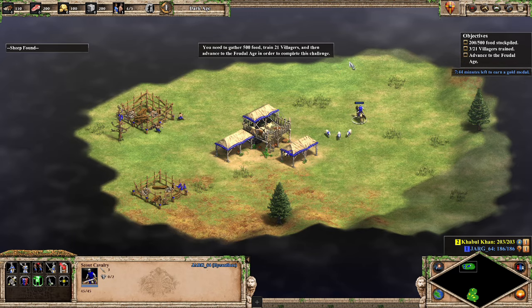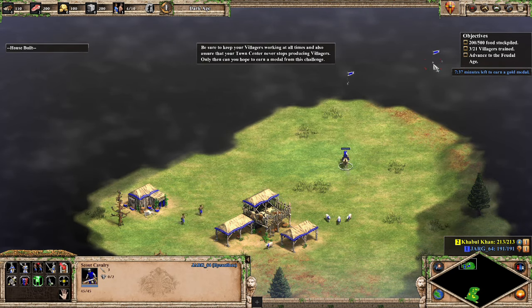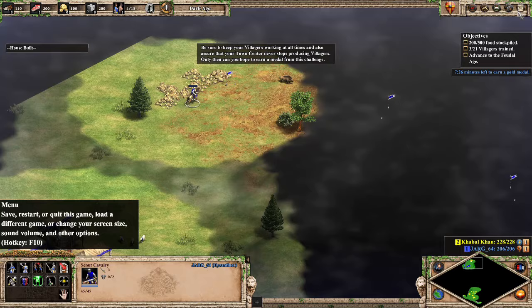Yep. Oh, wrong button. Oh, right, shoot. Can't do that. Keep your villagers working at all times, and also assure that your town center never stops producing villagers. Oh, right, because actually...